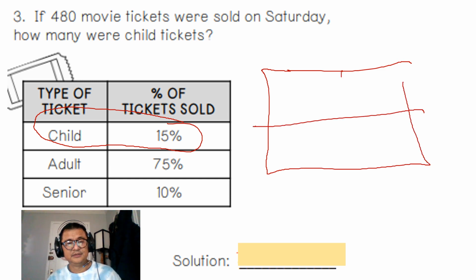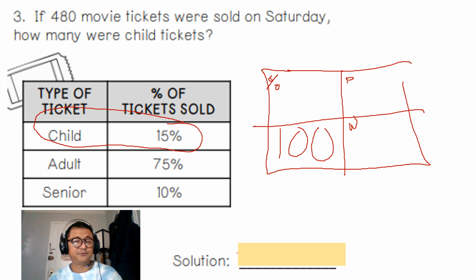Okay, percent over 100. It's always 100. The part is on top, the whole is below. Now, 15%. Where do you think you will put 15%? The one with the percent sign is always on top of the 100. So 15%. Now, remember,